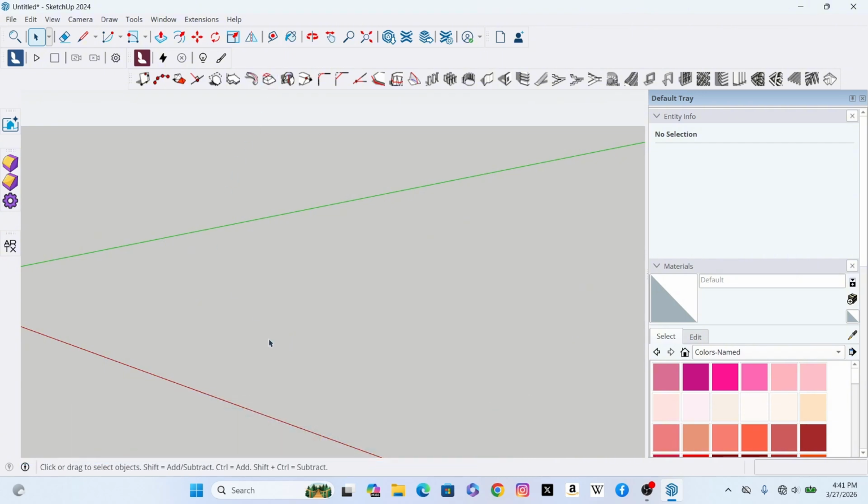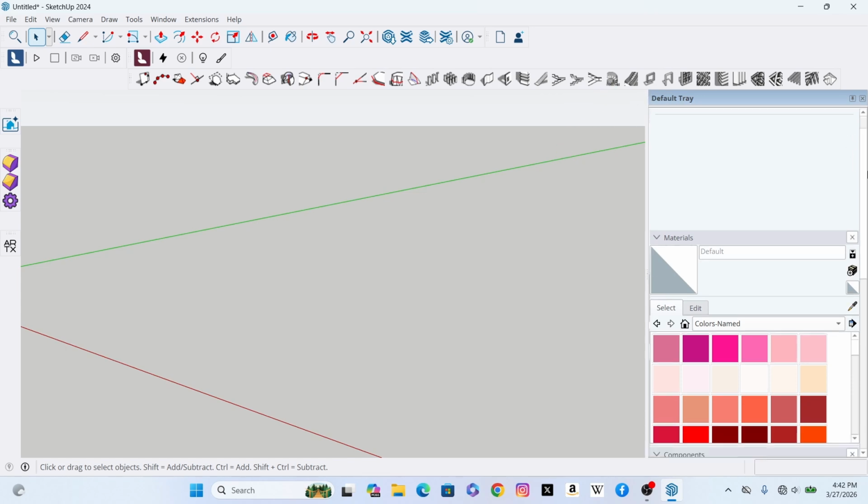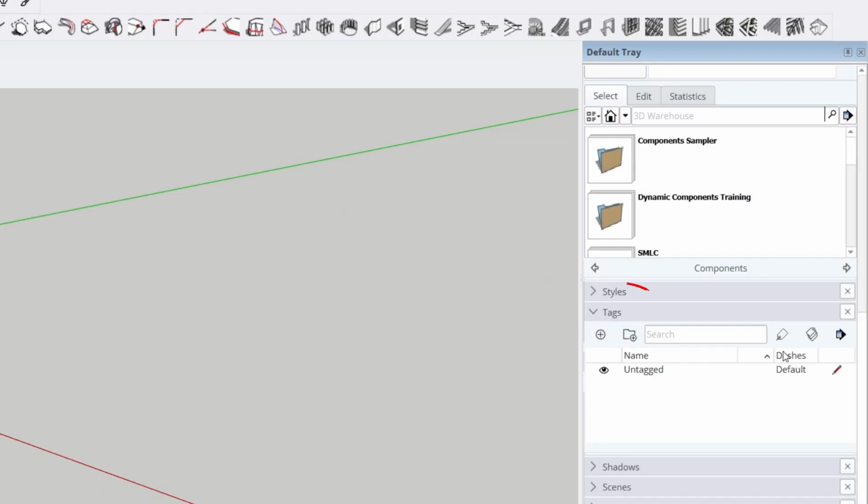So let's get started with drawing the first window. There are two methods that I'm going to show you. Actually, they are the ones that I mostly use in most of my projects in SketchUp. First things first, go to this default tray, then scroll down, look for this section